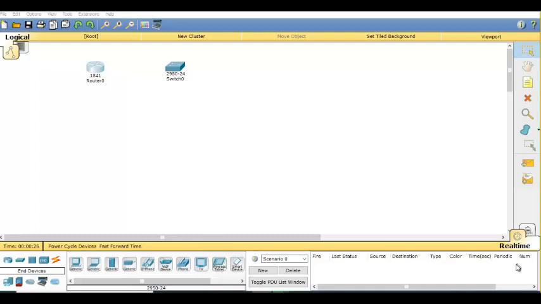Today, our aim is to take a backup of the operating system. You understand what I'm speaking? Take the backup of the operating system. Why do we need to take a backup of an operating system?